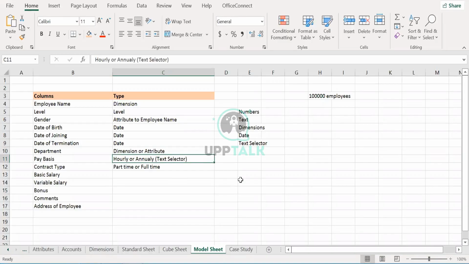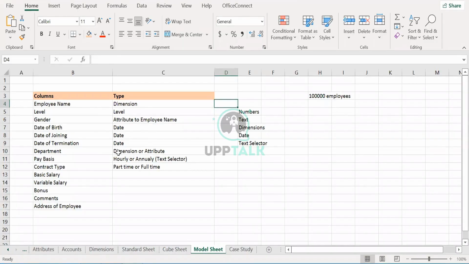It depends on the requirement and then on the implementer. If they want to capture the data by department also, then you will create it as a dimension. And if they say they are doing the tagging directly to the employee name, and the employee is already assigned in the backend to only that department in a one-to-one relationship, then it becomes an attribute because it is only for analysis. But sometimes that employee can be shifted to another department, correct? In that case, it cannot be created as an attribute. It has to be your dimension.